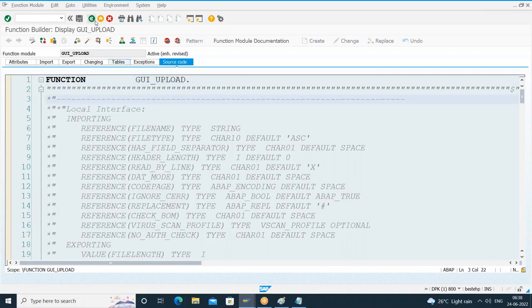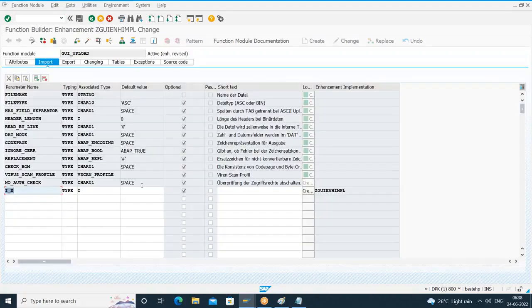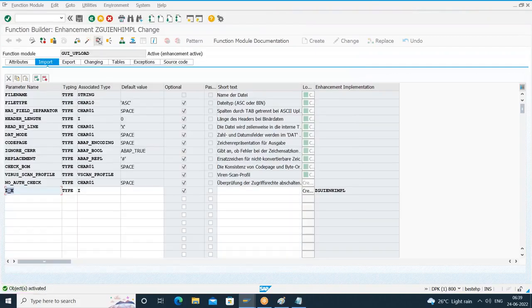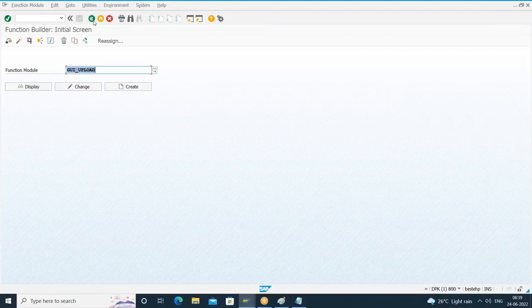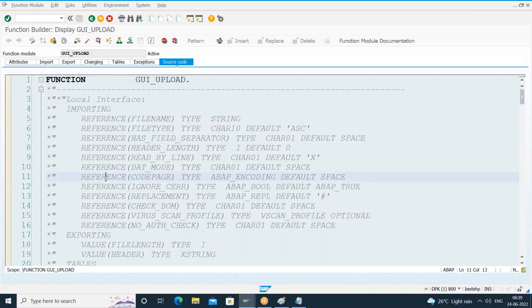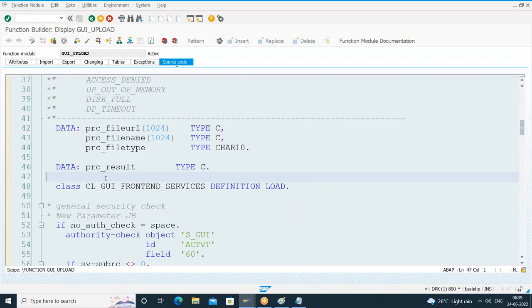Meanwhile I've added one additional parameter. It is always added as optional. So let me activate this first. I'm activating my enhancement implementation. It is activated. Right now, again, I want to enhance the source code of this. So I'll open it in display mode. I'll go to source code. Right. So what you have to do? We have to open this object in